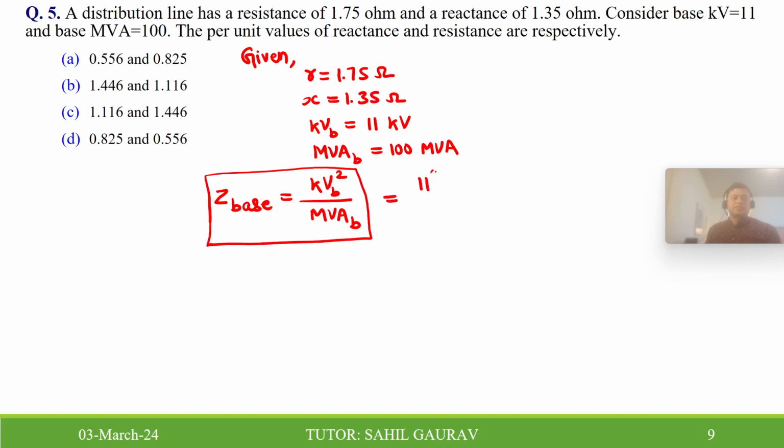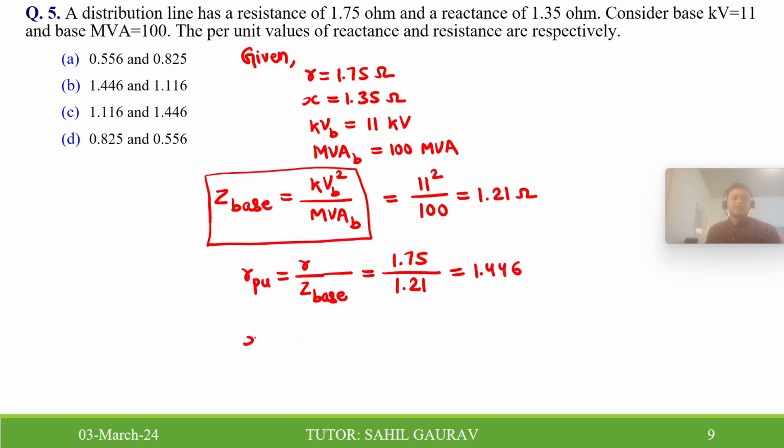Z base is kV base squared upon MVA base, which is 11 kV squared upon 100 MVA. Therefore it is coming as 1.21 ohm. Now we have to find the per unit values. So R per unit will be the actual value divided by the base value, R upon Z base. So R is 1.75 ohm and the base value is 1.21. So it is coming as